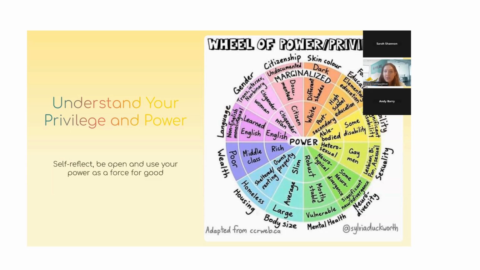And the challenge is that we need to have more of the outside of the ring in order to innovate, to solve some of the world's issues, because we can't be talking about solving poverty if we've never experienced it. So it's really about bringing the center of that power to other aspects of the wheel.